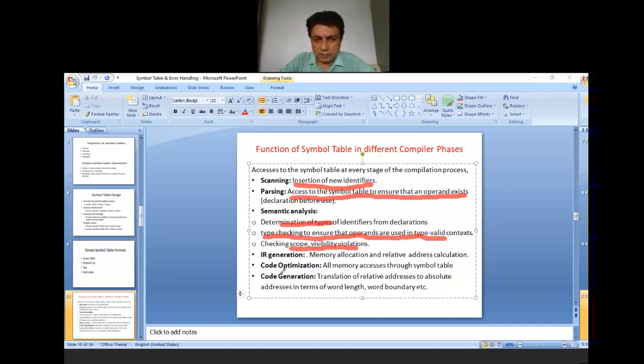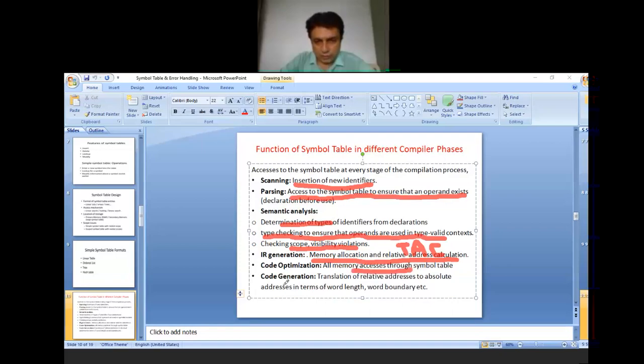Now the intermediate representation. In this case, the memory allocation and relative address calculation are done, which can be done by the three address code, its short form is TAC, which we are going to study in the third unit. Now, in case of code optimization, all memory access is through the symbol table.